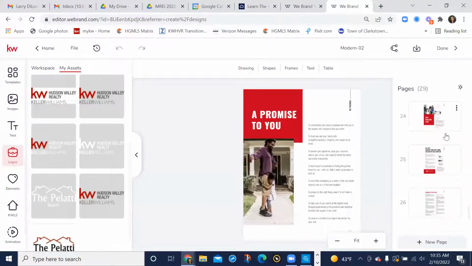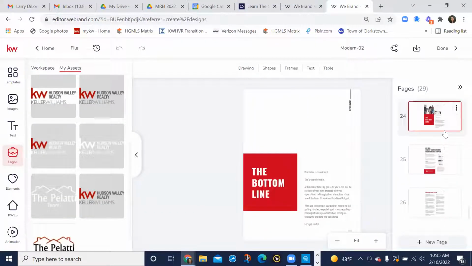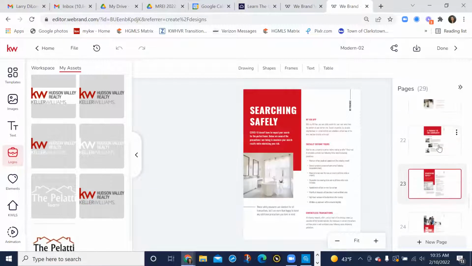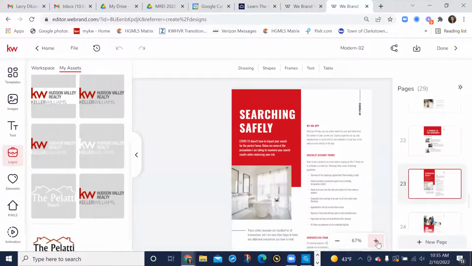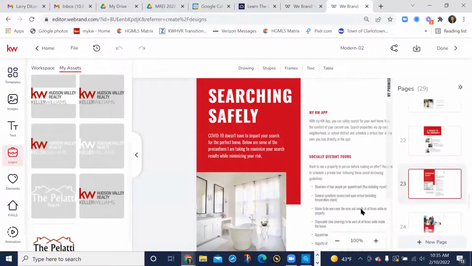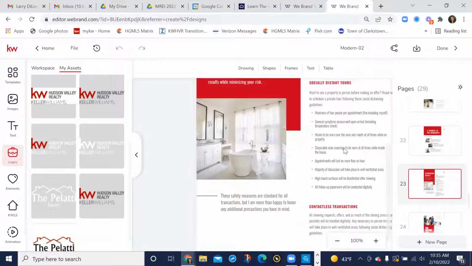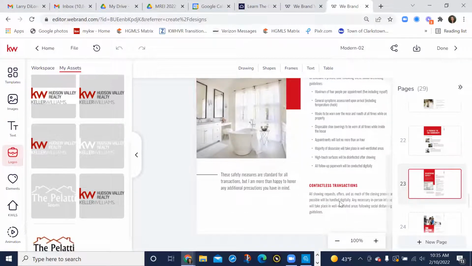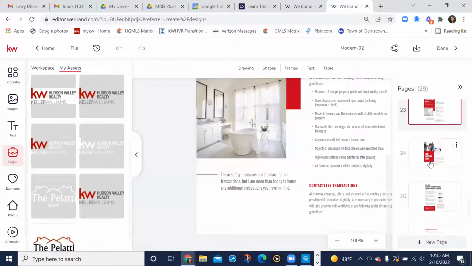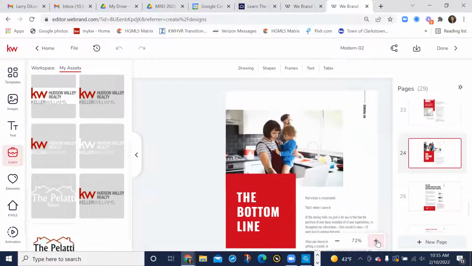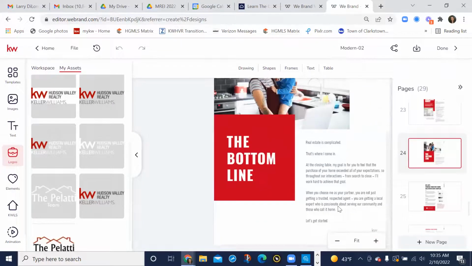I'm just going to go all the way down to the end. Oh, there's a promise. Let me find that. This talks about COVID and everything. Things have changed since it started. So just read through it and make sure whatever it says is still happening. I know they just lifted the mask mandate. I don't know what that means for agents showing homes. I would assume that people still want you to wear a mask in their house, but the bottom line,